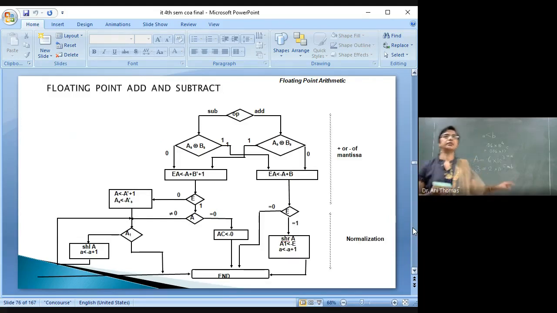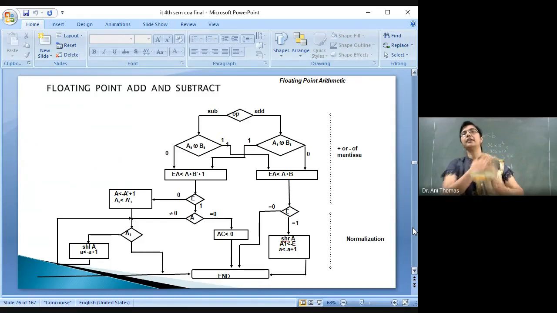Now see the floating point addition and subtraction. Now the third step, that is addition or subtraction of matrices. We have already discussed this in fixed point addition and subtraction. It's the same as the fixed point addition subtraction algorithm. Because it is for sign magnitude operations, we have to check the sign of